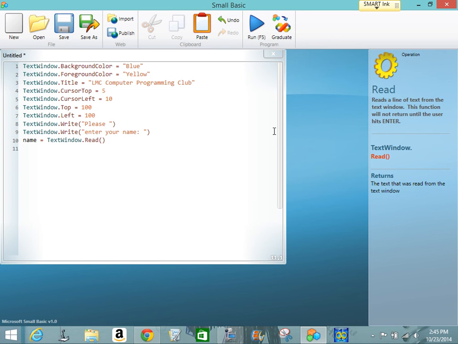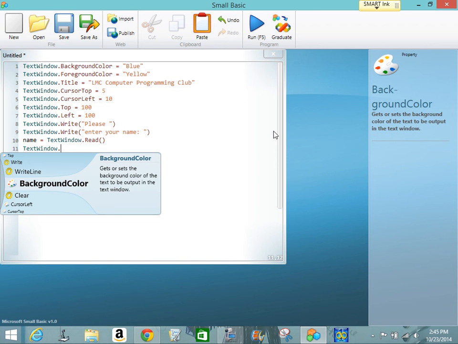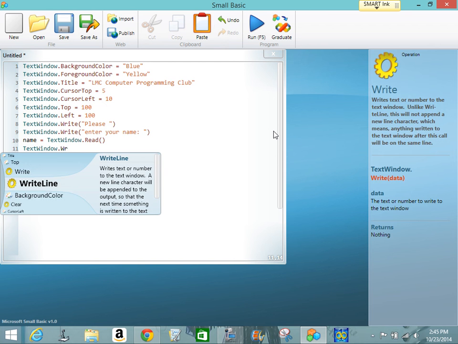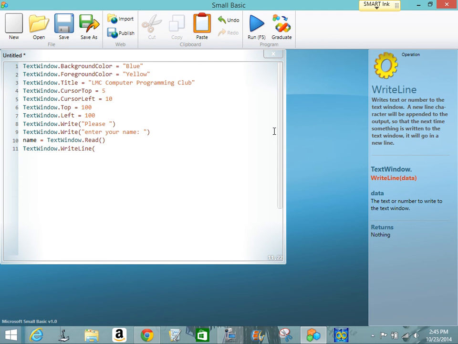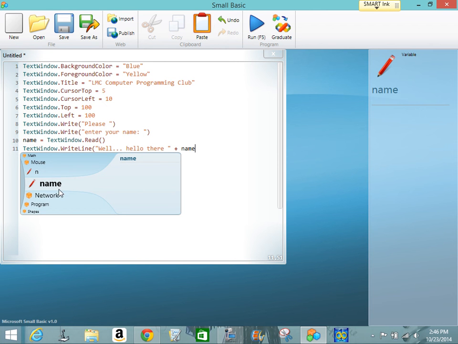And so then I want to say hello to them, so I'll say text window dot, and I want to write a new line. So I use write line, and I'm going to say, well, hello there. Now here's the tricky part. I always forget to put that space. So I'm going to say, well, hello, plus sign, name. See how it automatically pulls that up? And then to put a period at the end of the sentence, I have to say plus